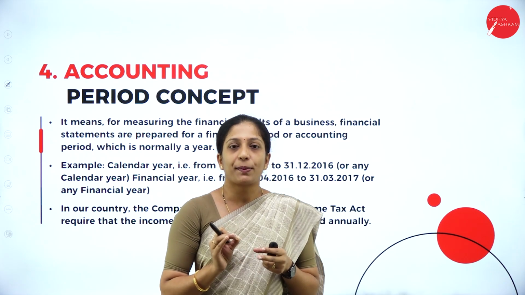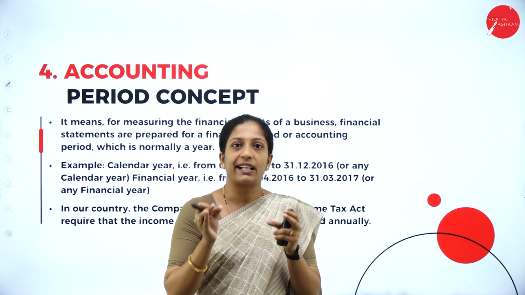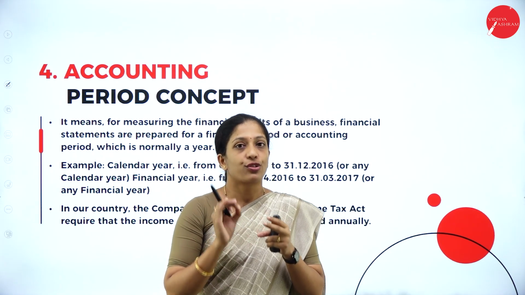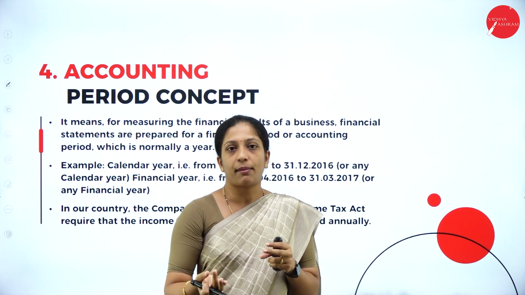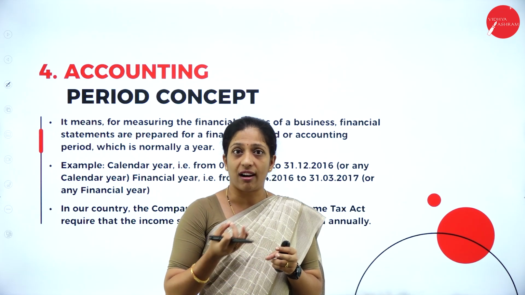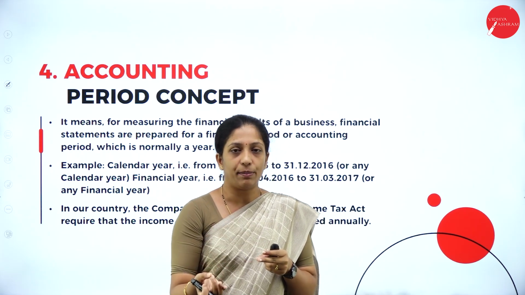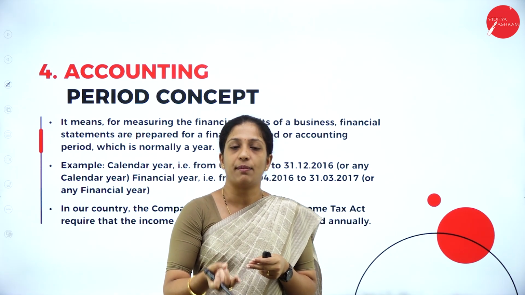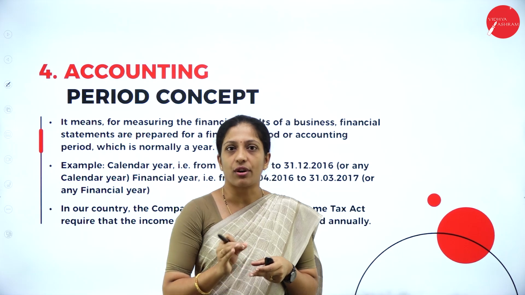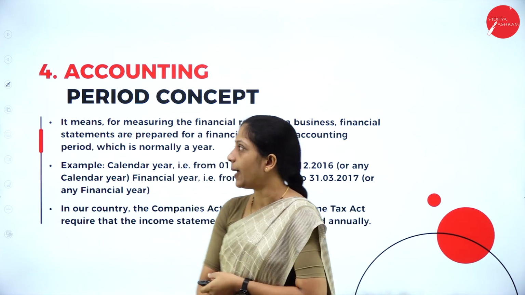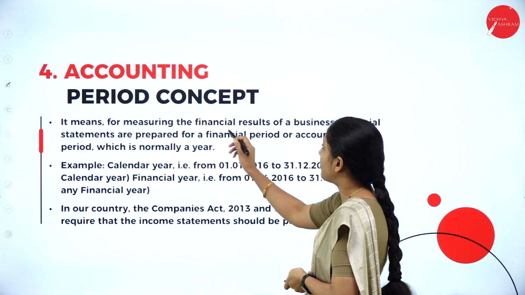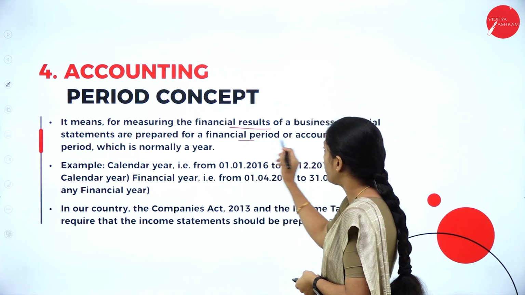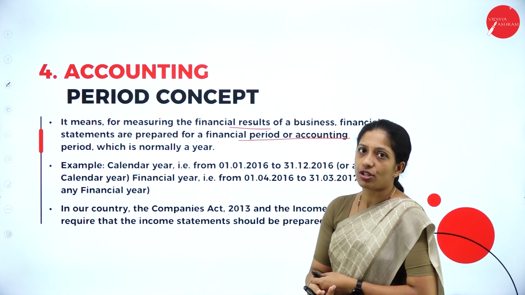Accounting period, which means that you are going to take a particular period's transactions and prepare the financial statement. So your accounting period may be for 3 months, that is on quarterly basis, or a half yearly basis for 6 months, or yearly basis. But usually we follow yearly basis accounting period, which starts from 1st April to 31st March according to Companies Act 2013. Now it means that for measuring the financial results of a business, financial statements are prepared for the financial period or accounting period, which is normally a